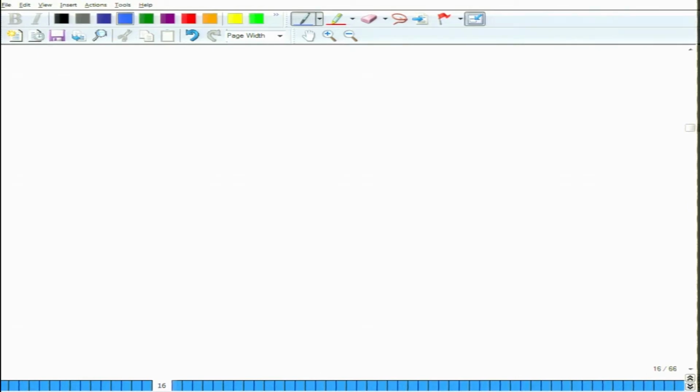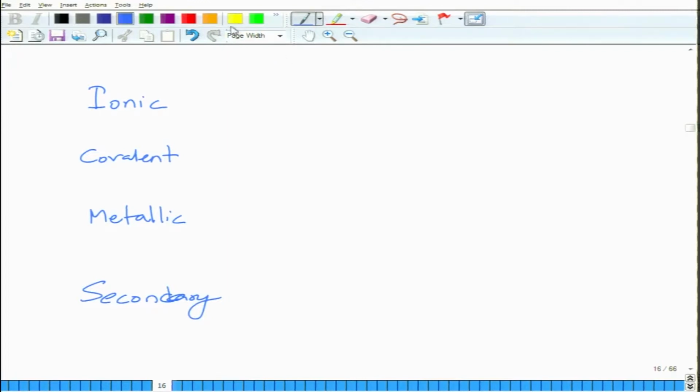So, to summarize this part, I would write three kinds of bonding: ionic, covalent, metallic, and secondary. And let us first talk about the bond energy, EB. So, EB for ionic bond is typically large. EB for covalent bonding is variable